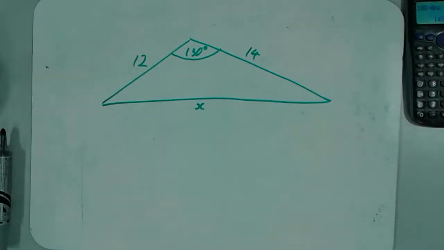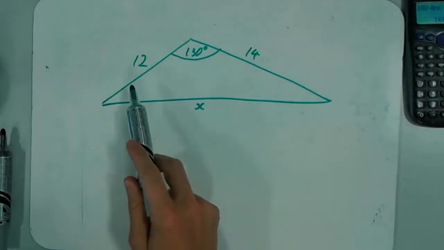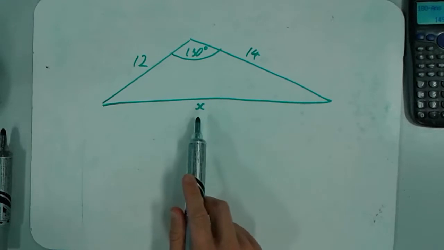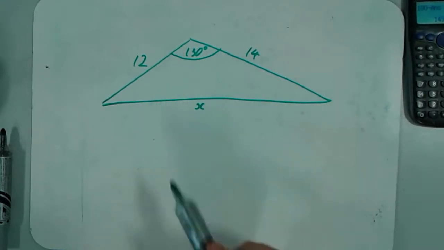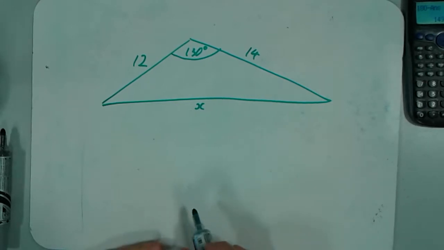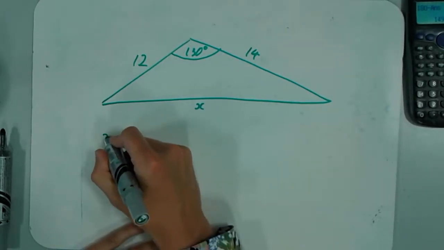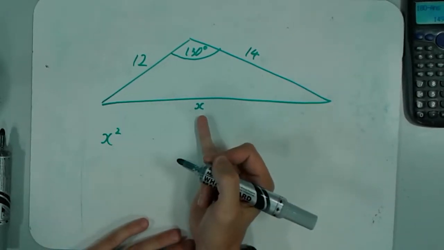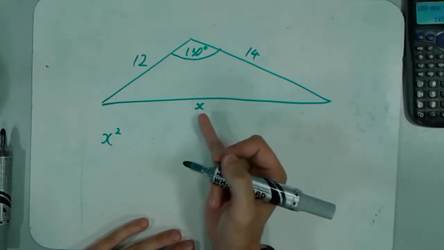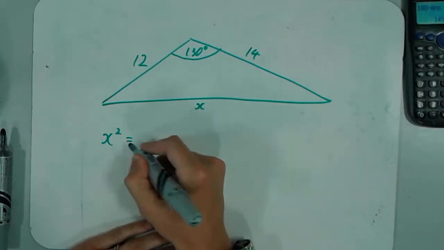A slightly different trig question now. Now we've got three sides of a triangle involved in the question and only one angle. That tells us that we're going to require the cosine rule. So the cosine rule says that x squared, in this case the side length opposite the angle we know, is